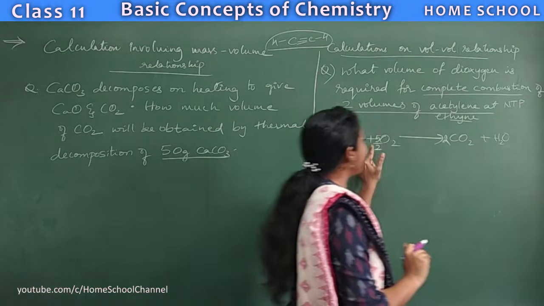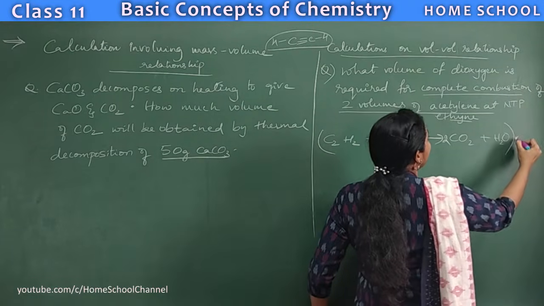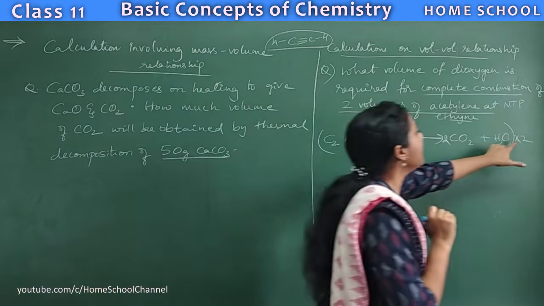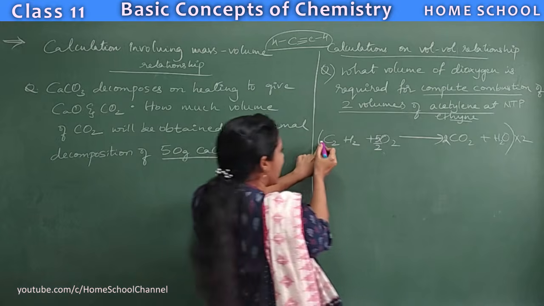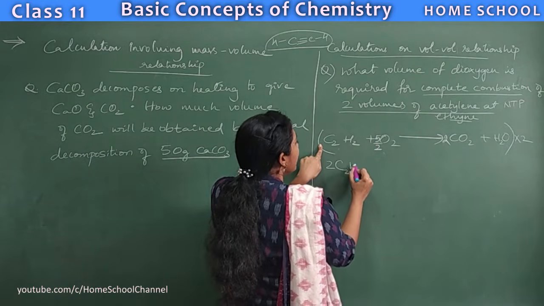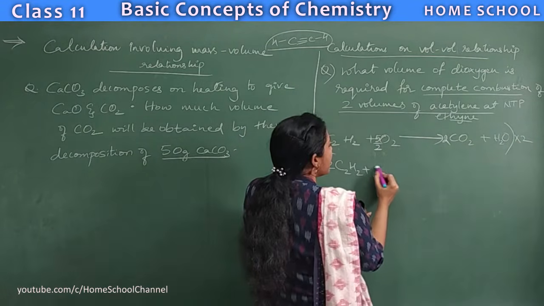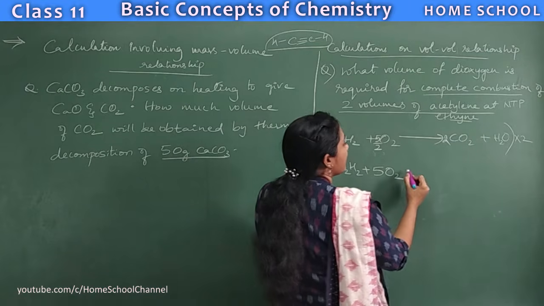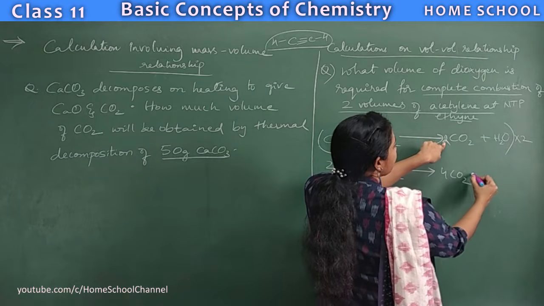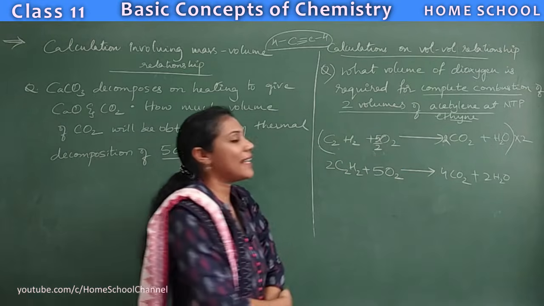After that, you should not keep the fraction like this in an equation. So to remove that fraction, I will multiply the whole equation by 2. Okay, so if you multiply the whole equation by 2, what do you get here? If nothing is there, 1, right? So 1 into 2, 2. So I can write 2 C2H2 plus 5 by 2 into 2. 2 gets cancelled. So only 5 O2 remains. Isn't it? Is equal to 2 into 2, 4 CO2 plus, right, 2 H2O. So now this is your balanced equation.